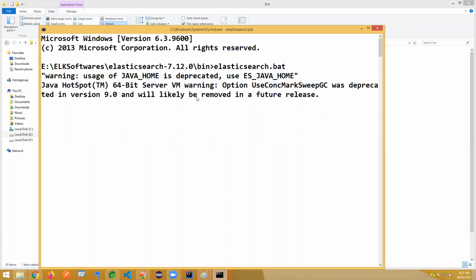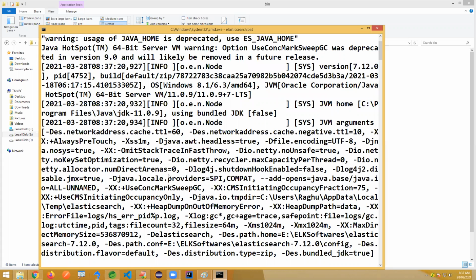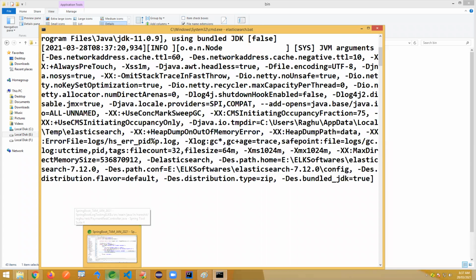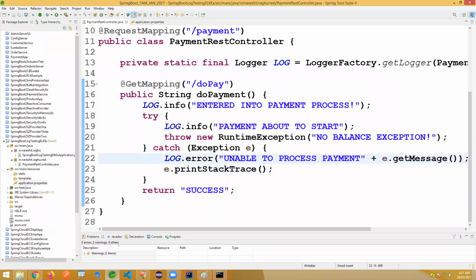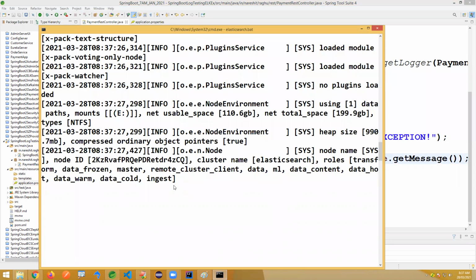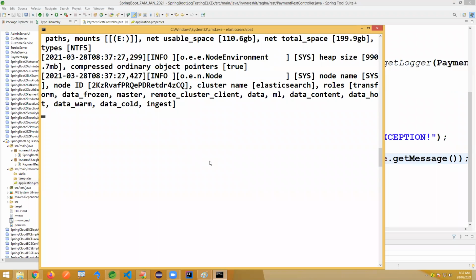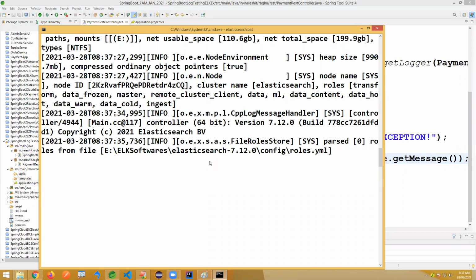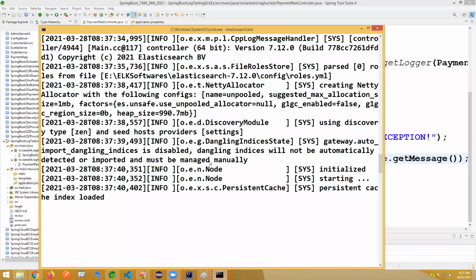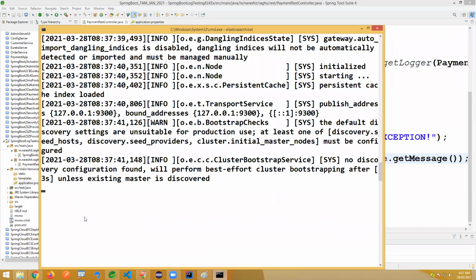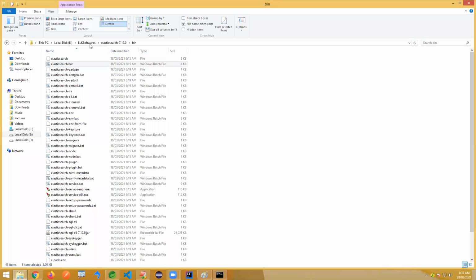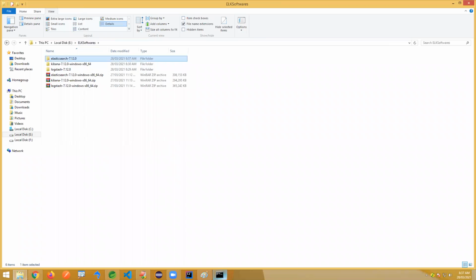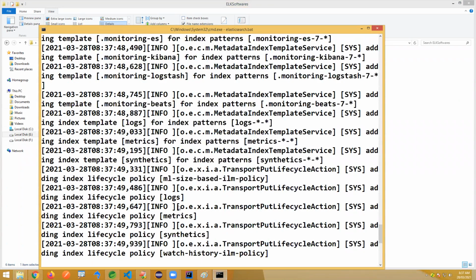It will take some time. Make sure that you have installed everything, JDK software and set up everything. Of course, since you are writing Spring Boot, all the setup might be there. This is the first time we are running it, because I have deleted the old configuration. It's like running from the first time, just extracted. It takes time.